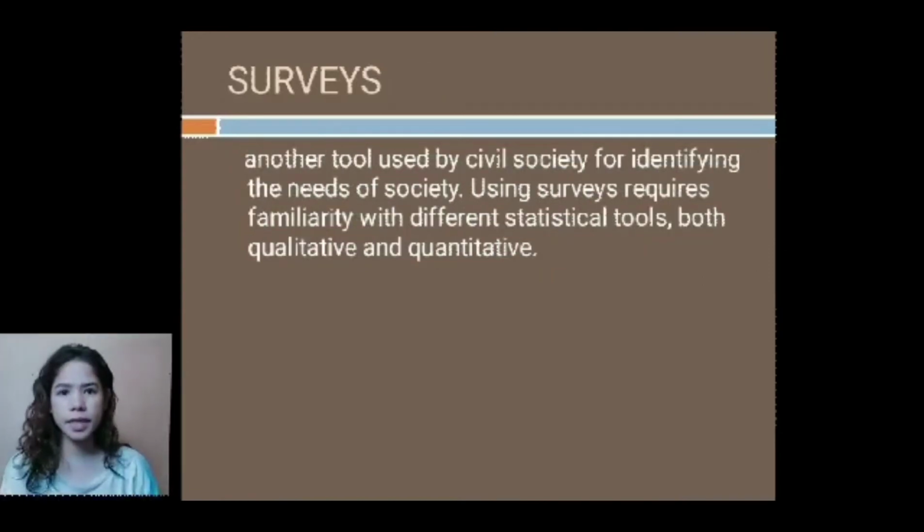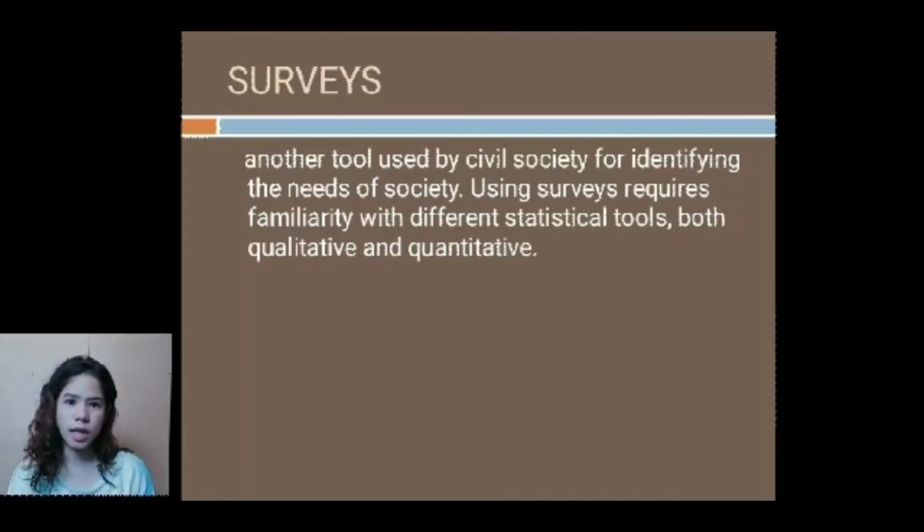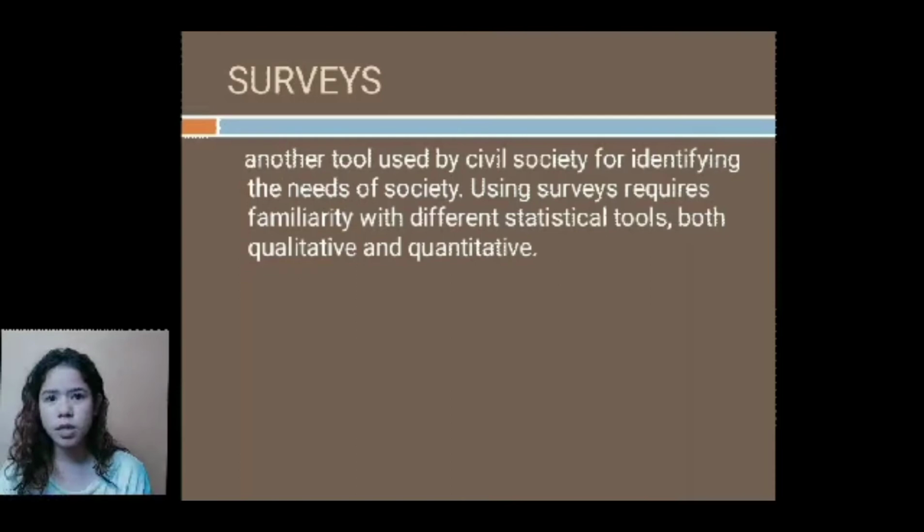Next one naman ay ang surveys. It is another tool used by civil society for identifying the needs of society. Using surveys requires familiarity with different statistical tools, both qualitative and quantitative. So, ginagawa din nila yon, nagsisurvey din sila para malaman nila kung ano bang kailangan ng isang society para mas mapabetter ito. Kailangan alam mo kung paano gamitin yung parehong qualitative at quantitative